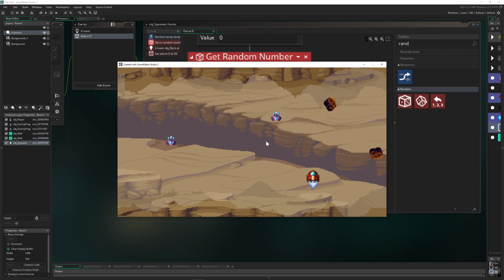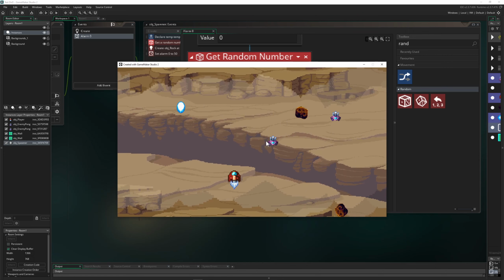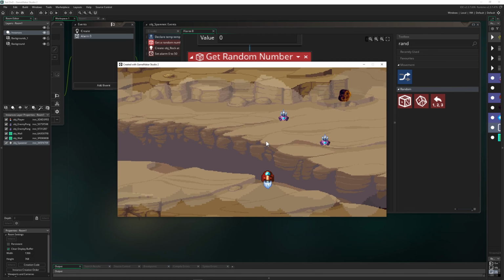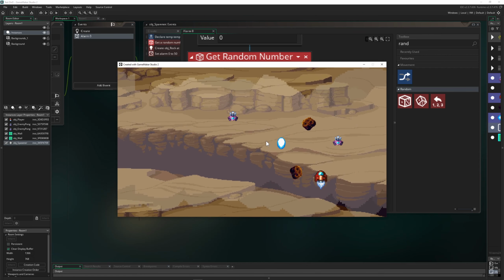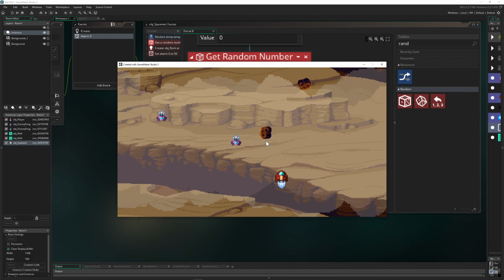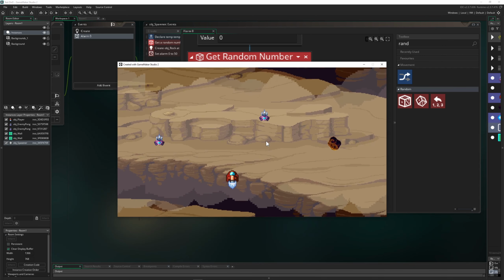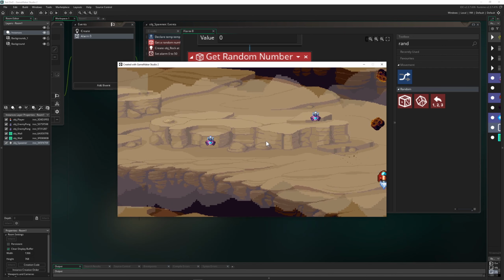And as you can see, a rock here, a rock there, a rock there. Nice. A little bit very, very right as it seems. Kind of interesting. Oh well, so as you can see now we have achieved randomness, instance creation, instance destruction,